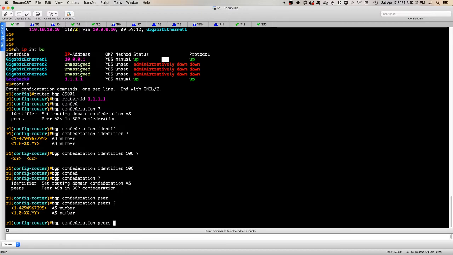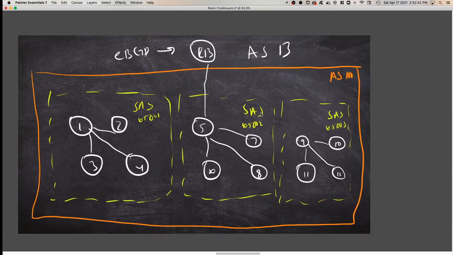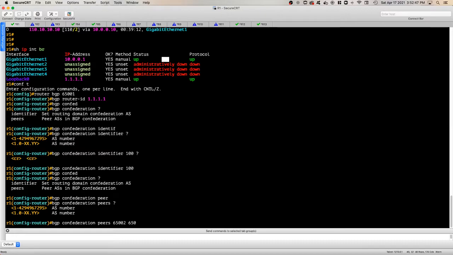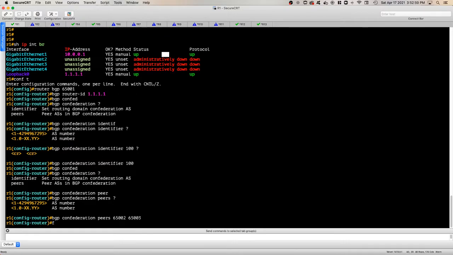So what we're going to do is just go ahead and do the other sub-ASs here, which are 65002 and 65003. And that's it. That's it for the configuration of BGP confederations. There's not much more to it. Besides,